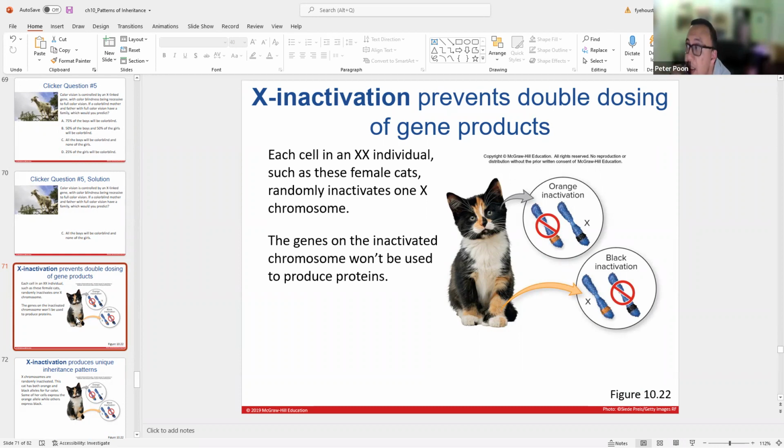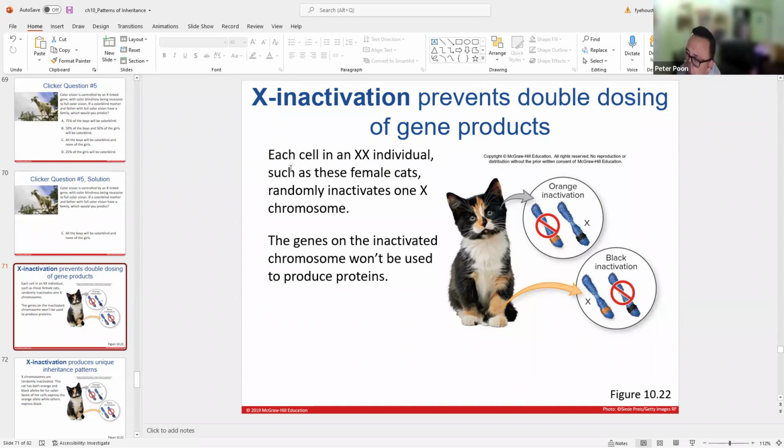X inactivation prevents double dosing of gene products. So like I said earlier, females have 2 copies of X, males have 1. So that's not fair. And it doesn't work on gene levels because you can't have half the gene double in the female and only single in the male. So what happens is, in females,